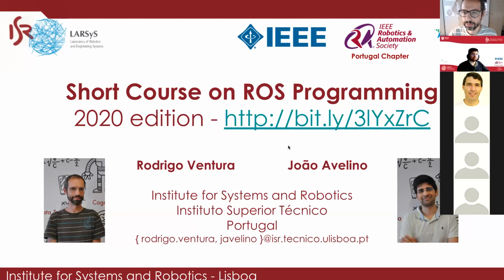Okay, so my name is João Avelino. I'm a PhD student of Professor Rodrigo and Professor Alexandre Bernardino, and I'll be taking care of the second part of the workshop on the afternoon, where we are going to address some practical aspects of ROS. And my main interests are human-robot interaction, machine learning, and computer vision and control. Okay, thanks. My areas are intersection of artificial intelligence and robotics, with the focus on space robotics applications.